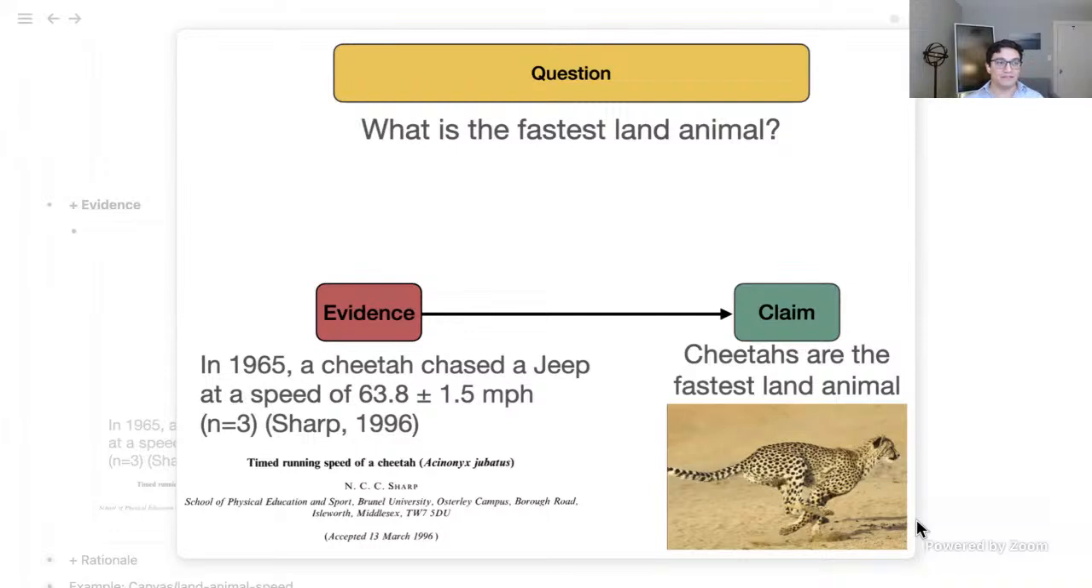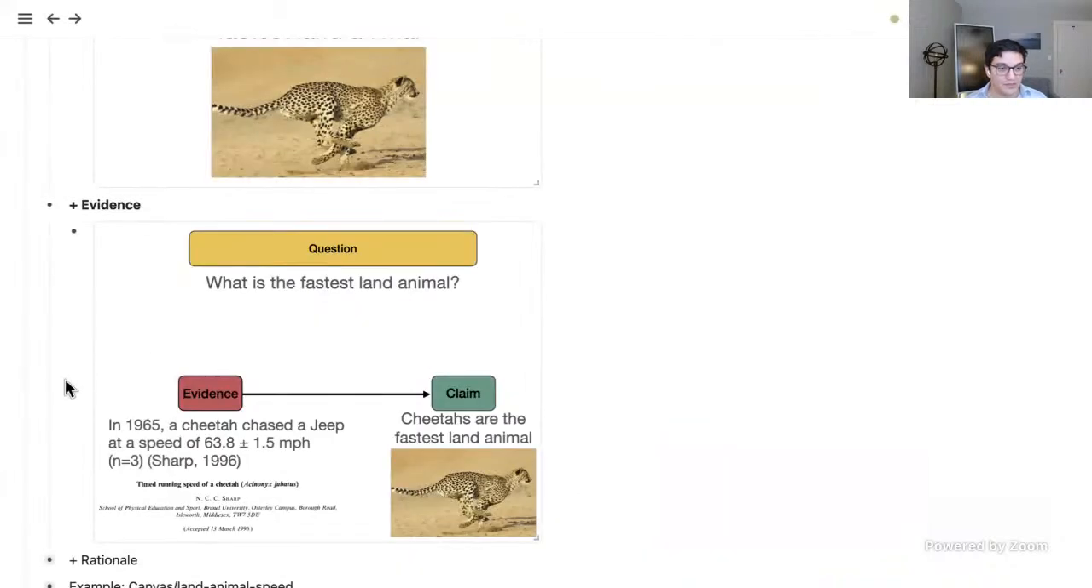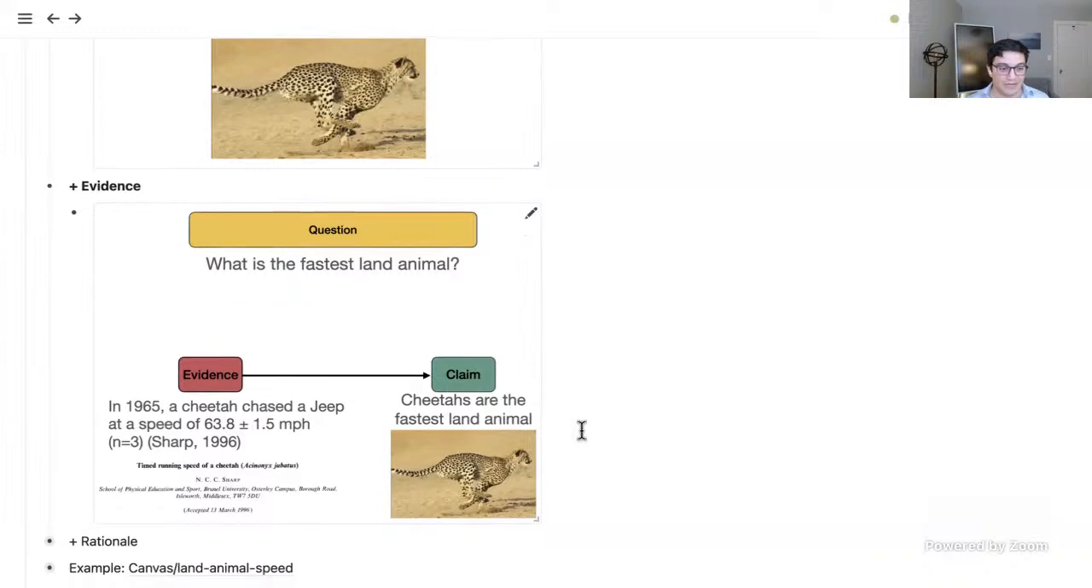Now we have a basis for other people who are interested in the same question to argue with us. If they say, no, I think that zebras are the fastest land animal, they had better come with some hard evidence that helps to support their claim as strongly as this particular piece of evidence does. And so that schema has been very useful for us to synthesize existing knowledge from the literature at first, and then I'll tell you about the application we're using